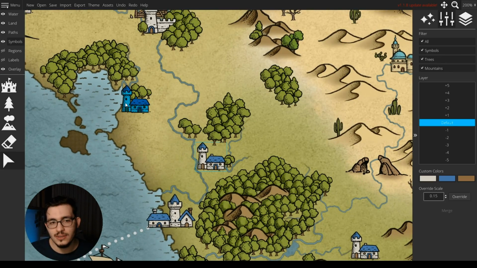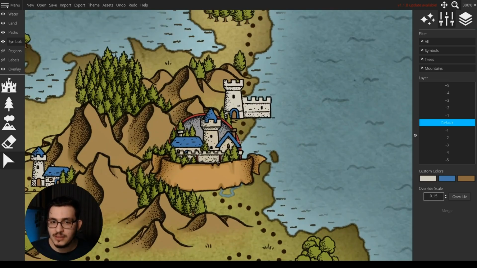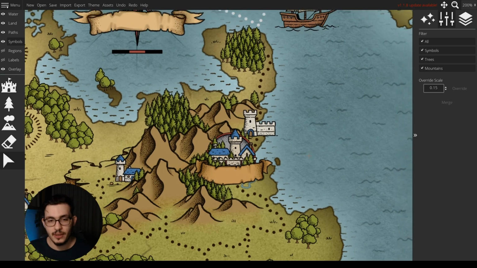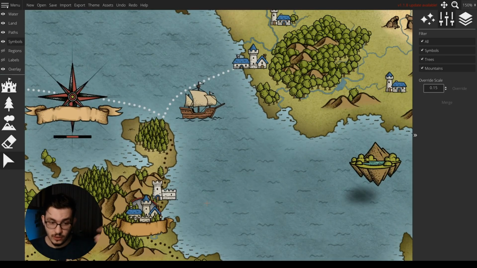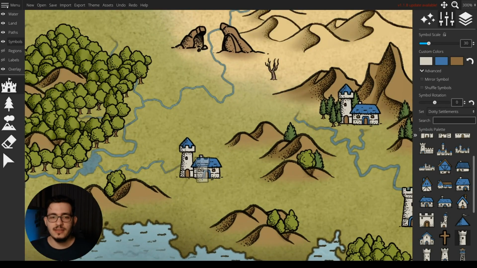So all the towns are going to be this. All the cities are going to be this. The capitals will have background and the banner. So the others will not be labeled with banners. If you want to take things further, what you could do, for example, is define that if it has 2 buildings, it means town.